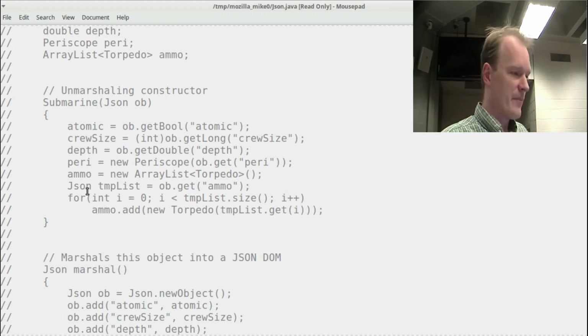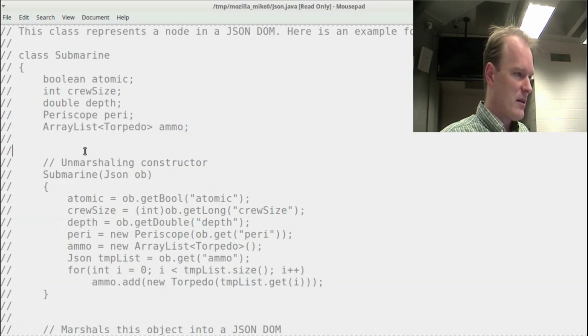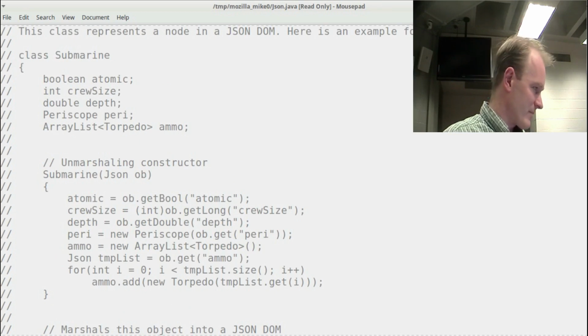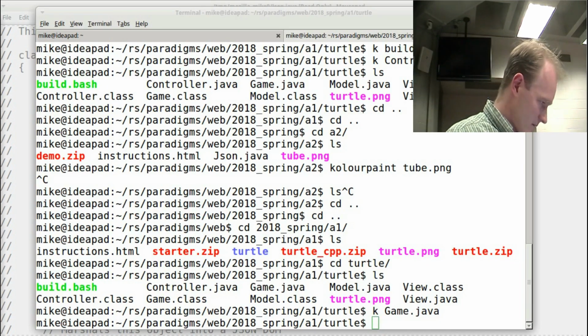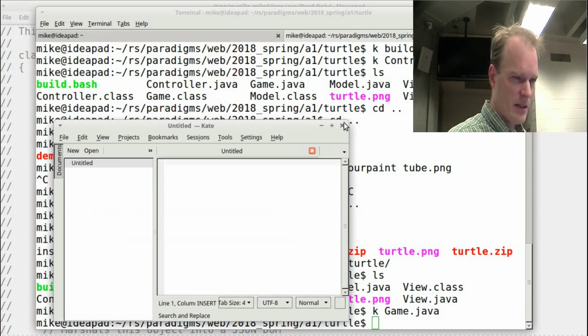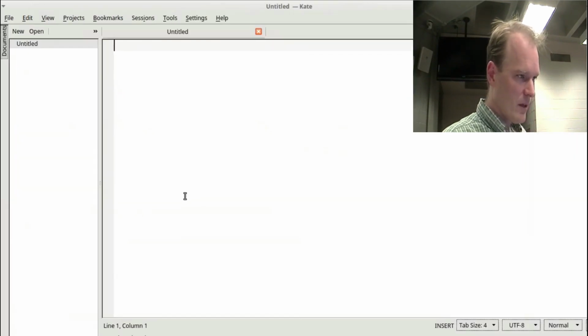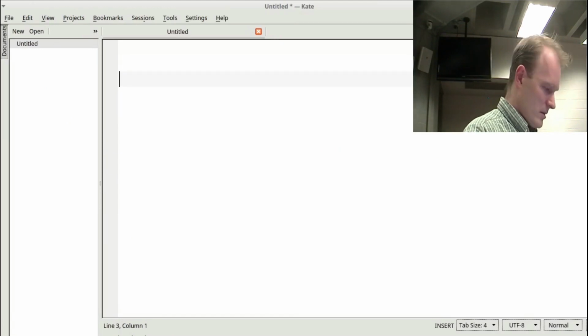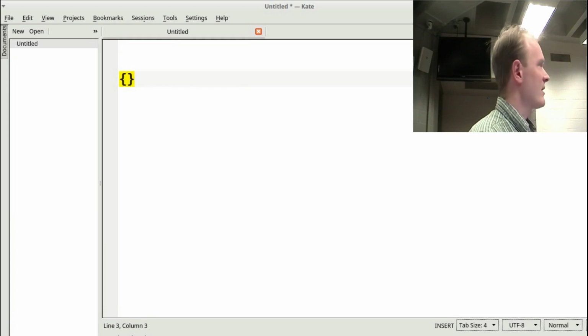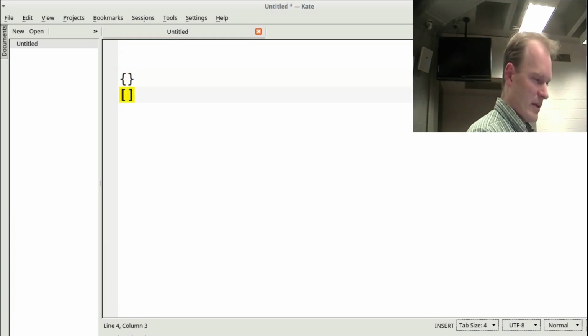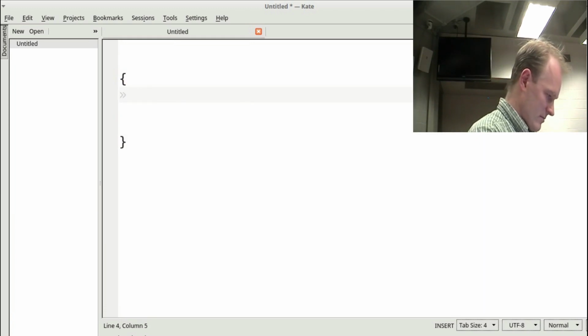Okay? Here's what JSON is. It's a text-based format. Let's draw a picture. And by picture, I mean write some text. In JSON, this is how we indicate an object. This is how we indicate an array. And objects have names and values. So you could say